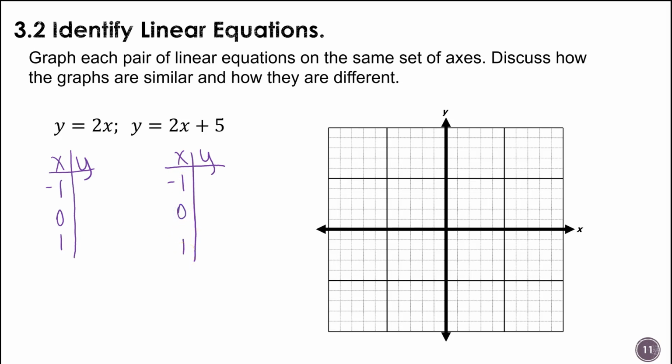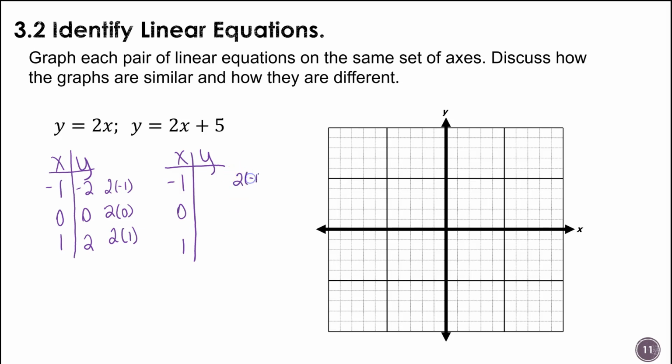Okay, so on the first one, I'm just going to have -1 times 2. So that's going to be -2. 2 times 0 would be 0. 2 times 1 would be 2. Then on the second one, we're going to say,